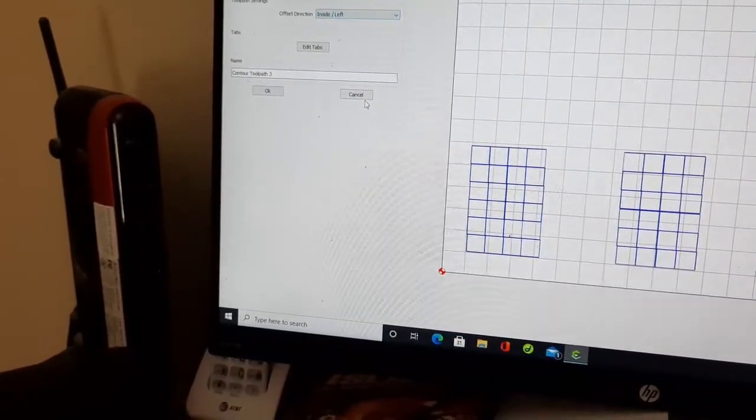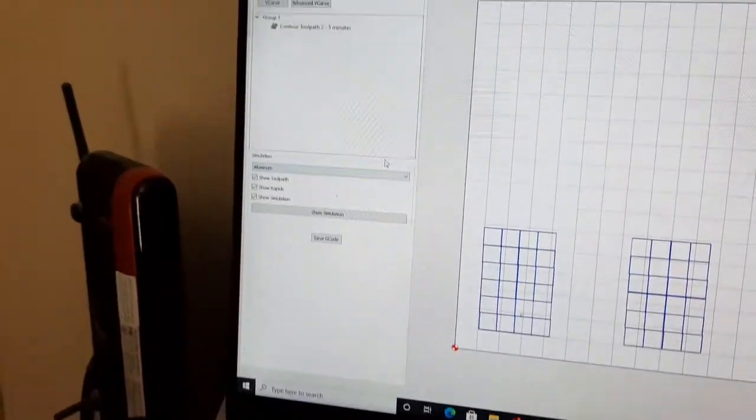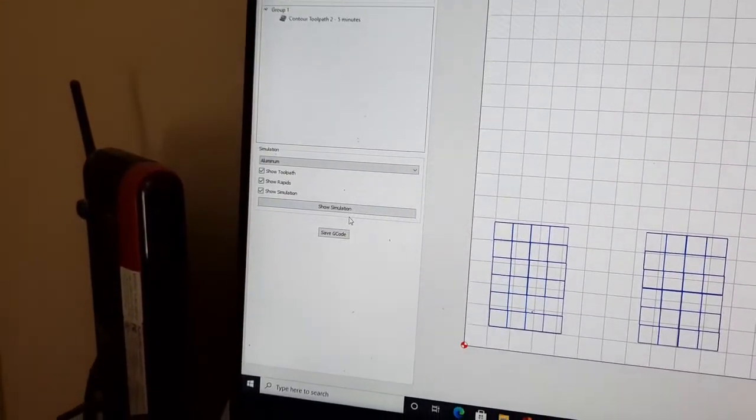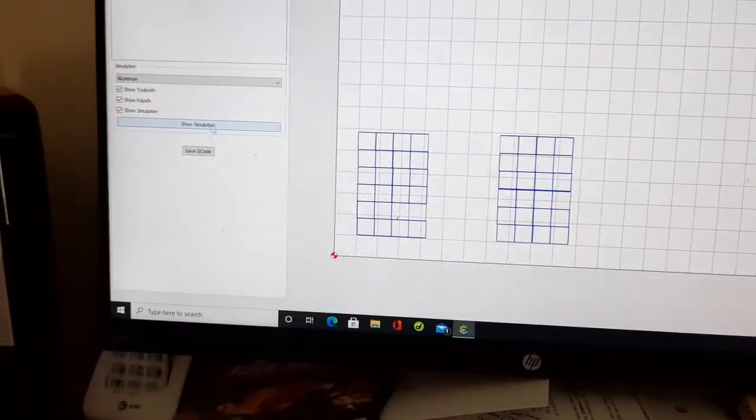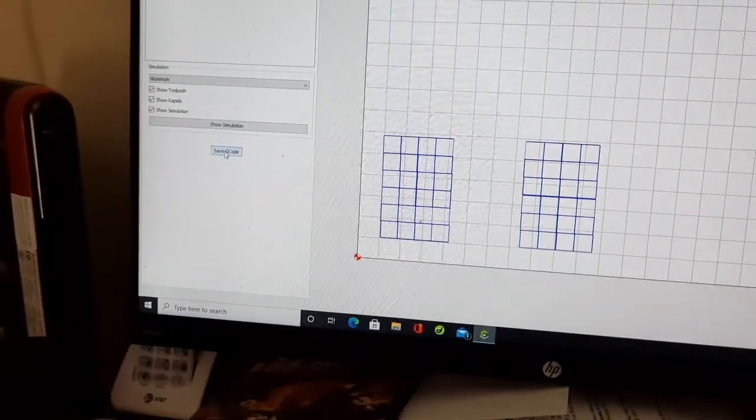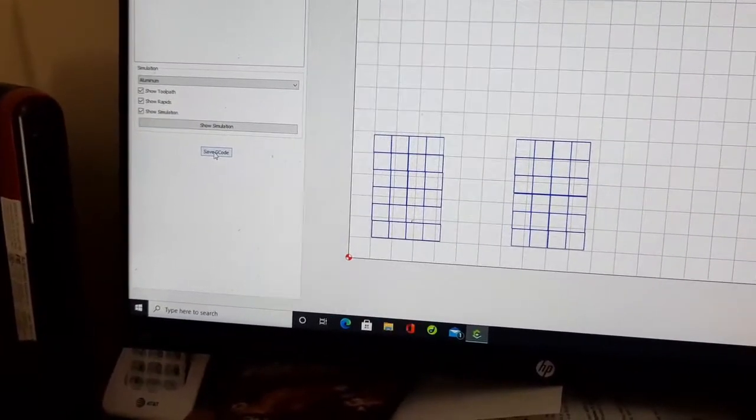I'm just going to cancel this out here, and I've got the tool path, and then I can say, let me see what it's going to look like. Let me see the simulation. I'm going to get a bunch of squares. And then I can say save the code, and the code gets saved,